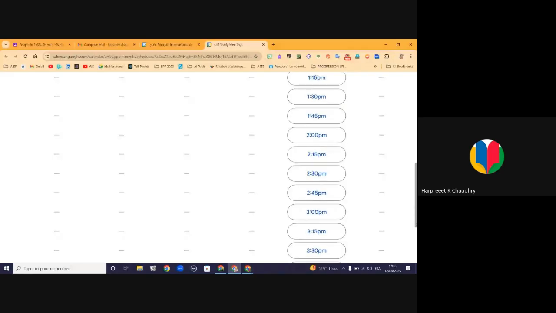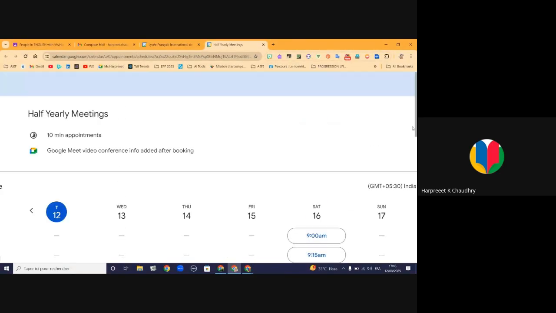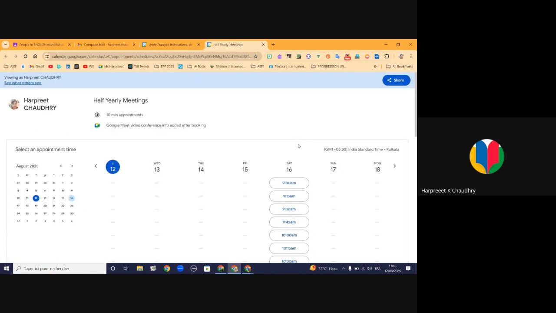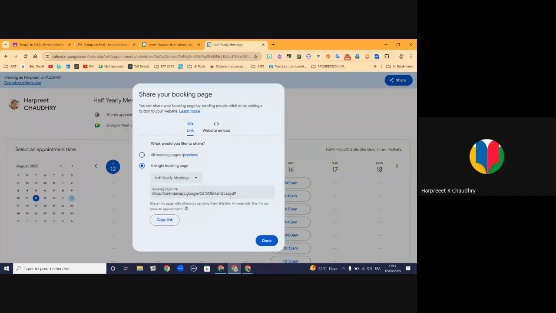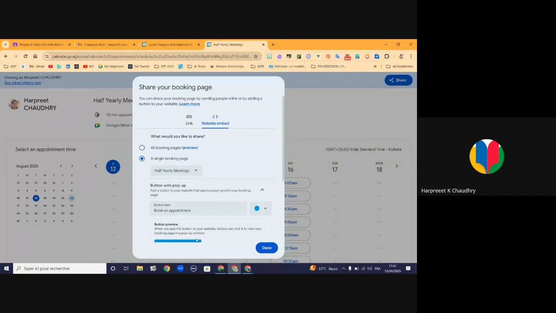And you have all these slots until 4:45, because we checked the last one as our 5 p.m. Now it says share. This is how I can, on the top right, I can share this link right here. I just copy the link and it is shared with any parent. Or again, I can embed this. If you have a class website that you want to embed this on, you just click on this, you copy this. Now there are two ways. Either you do a button with pop-up. So once you click on this,